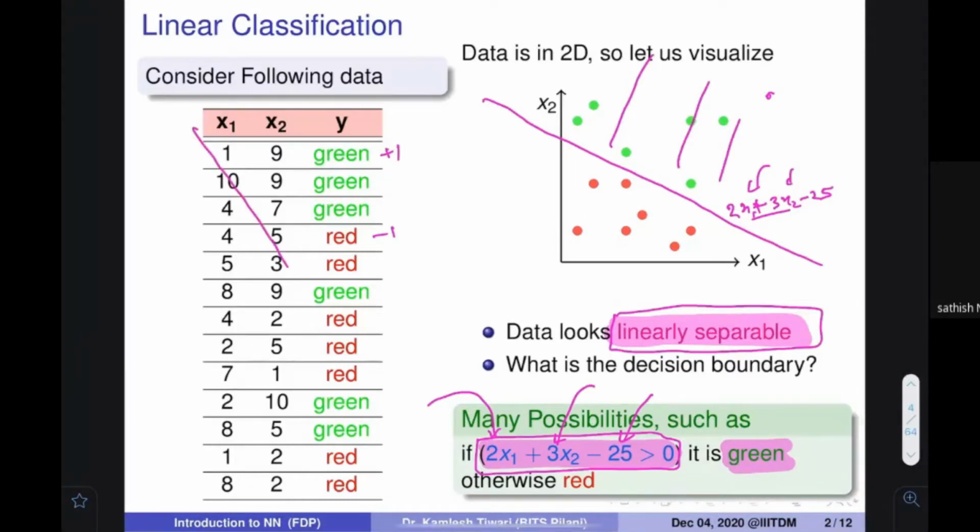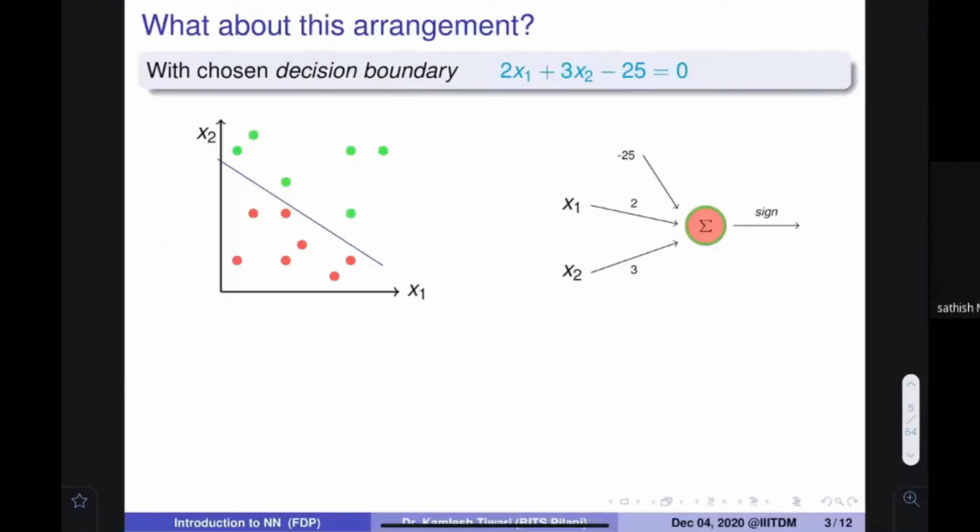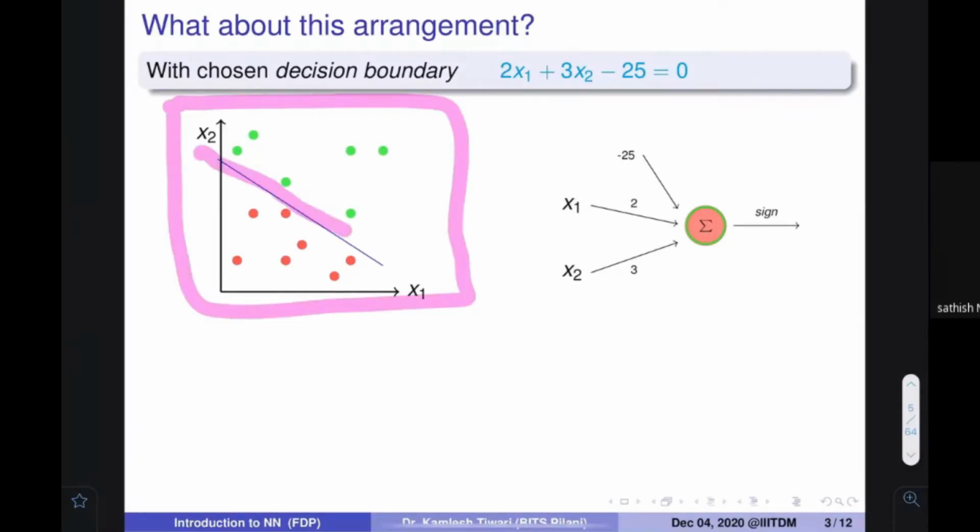Then I need not have this table. This table is going to give me all the understanding about this particular equation. If I have this equation, then for any new given point, I can find out what the classification is. Make sense? Everything right? All right, so this is the scenario we are in. Our data is linearly separable, so there is a line, and somebody has given me this equation. How to find it, we will be discussing very soon.